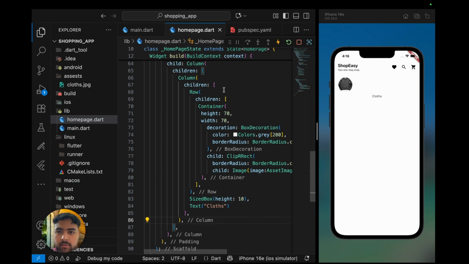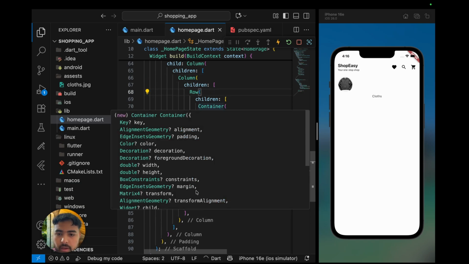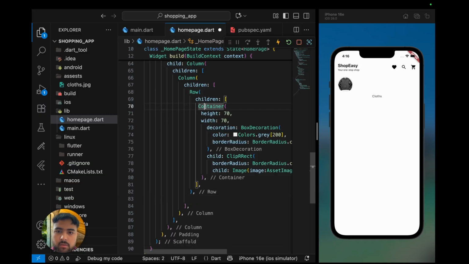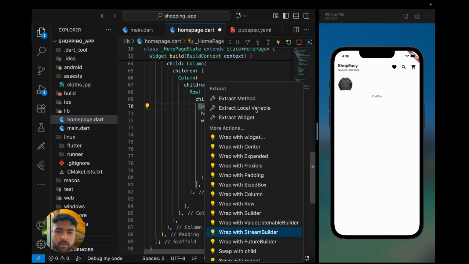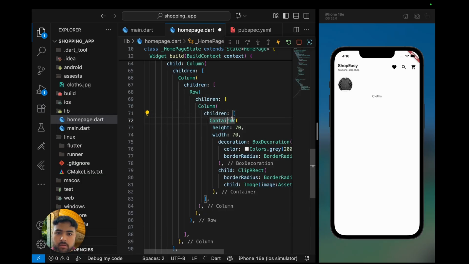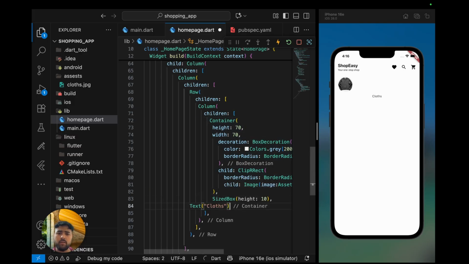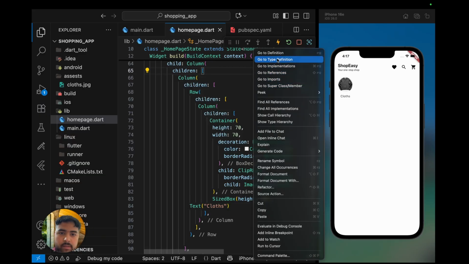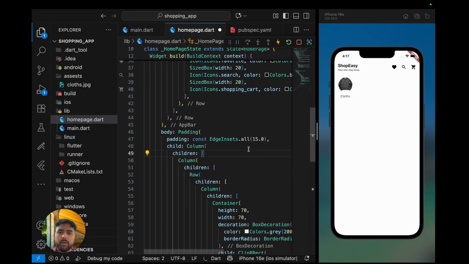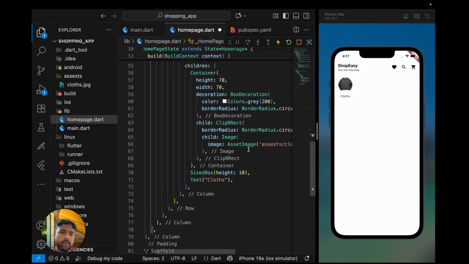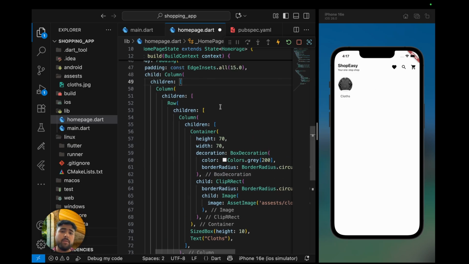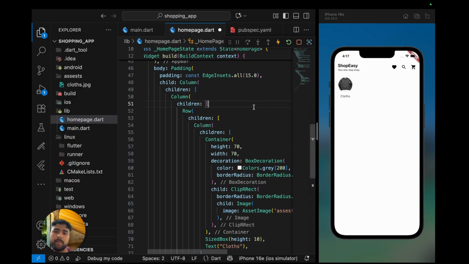It came in between. So row of container. Oh, I think I've added it in the wrong container. Remove this row. This container will be in the column, not that. So here we need to add. Let's see. Perfect. This only I needed. Let's format the document. So now it will be in good format. So this is clothes. Similarly, we want this to be scrollable horizontally, and